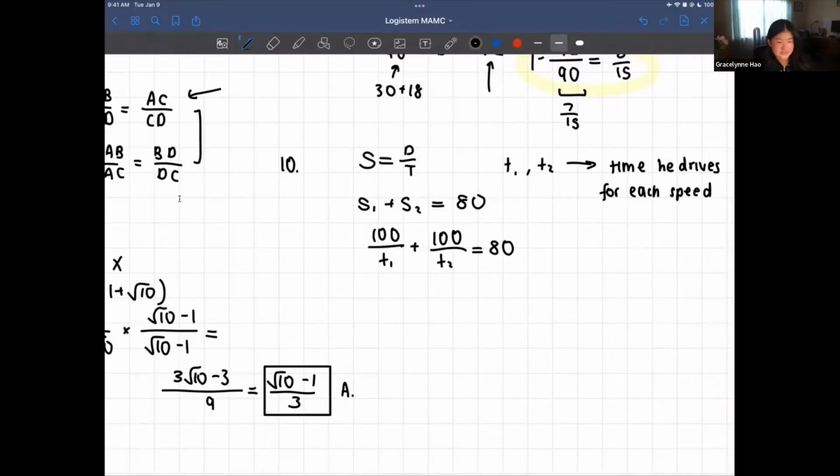and he arrives at his destination 4.8 hours after he starts driving. So of course, we know that T1 plus T2 is equal to 4.8. And in general, if you don't really know what to do, or you don't see any motivation for a next step, we don't like different denominators in fractions. So we can just go ahead and bring both of those up for